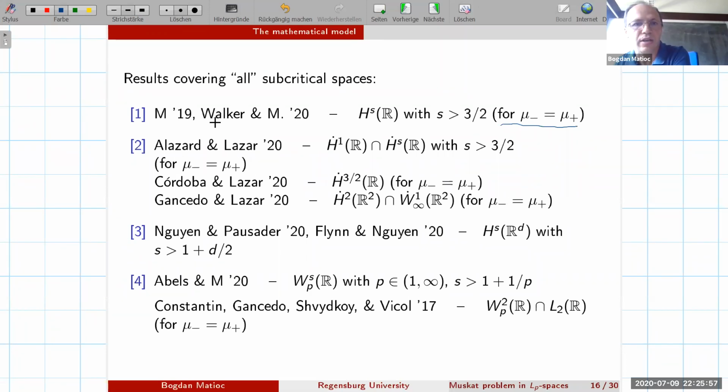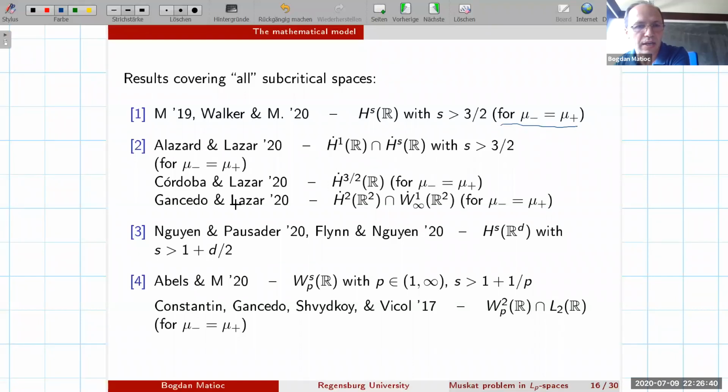I would also like to mention a joint paper with Christoph Walker, where we use a quasi-linear principle of linearized stability. We establish for the periodic problem exponential stability of equilibria in this setting when neglecting surface tension. The equilibria are always flat interfaces, and they are exponentially stable in the periodic case. There exists a recent extension of the result to include homogeneous Sobolev spaces by Lazar and Al-Azhar.